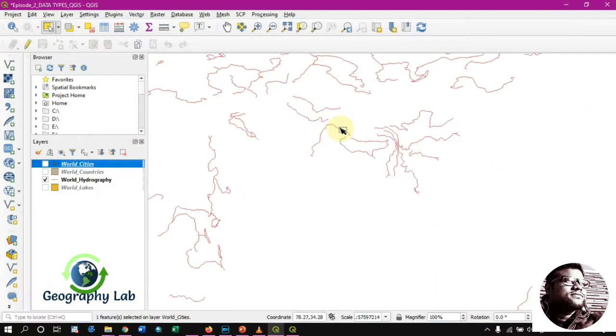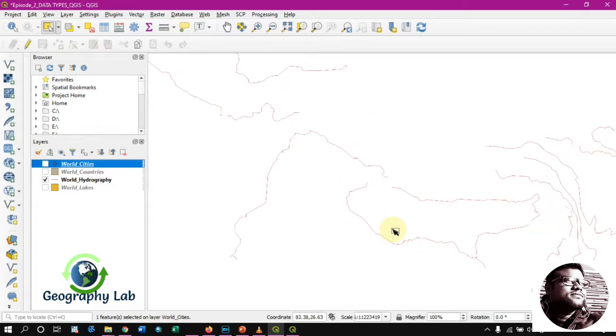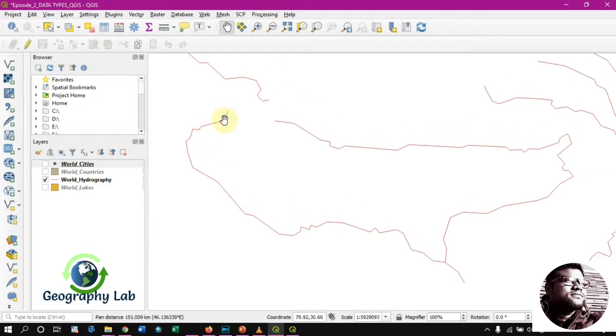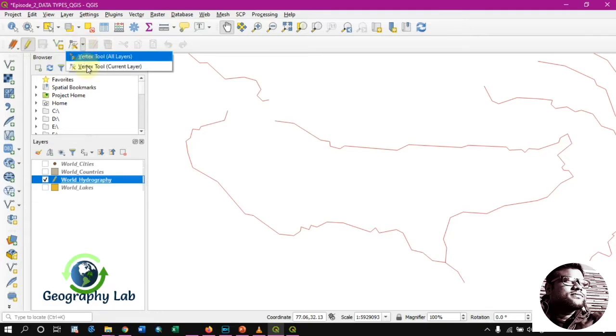So if I zoom in on that particular line, you can see these are several points which are connected and forming the line. To view the points, you have to go to the toggle edit function, and then click the vertex tool, current layer.